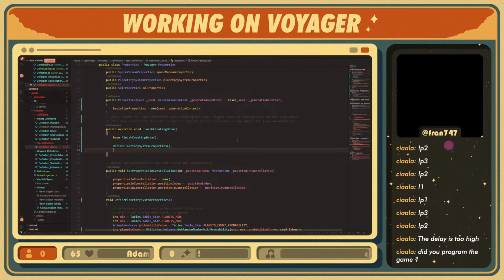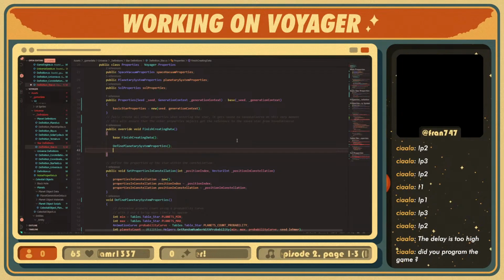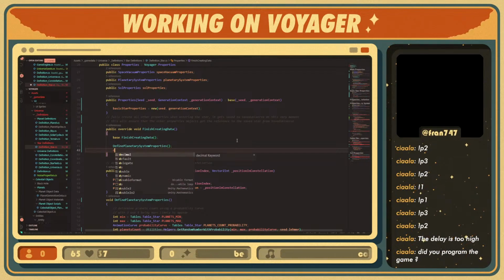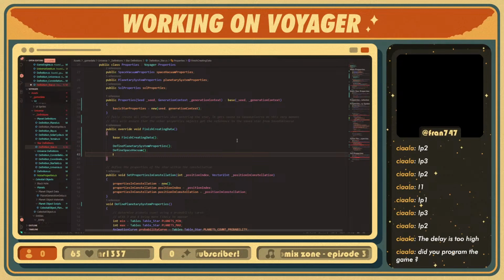It's like a texture that's going to have some shaders and some things, some nebulas, some stuff that I'm going to define procedurally depending on the star. So that's the space vacuum. And then the sol,